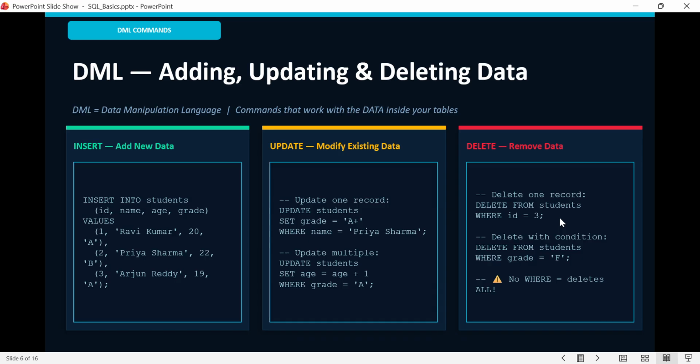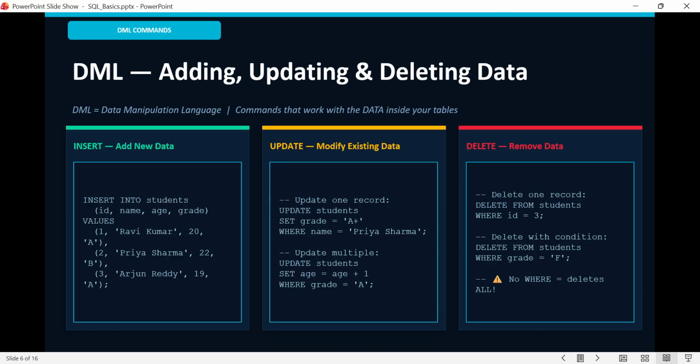So now I want to pause and give you the most important warning in all of SQL. If you write delete from students without a where clause, remember, without a where clause, it will delete every single row in the table. The entire table becomes empty instantly.